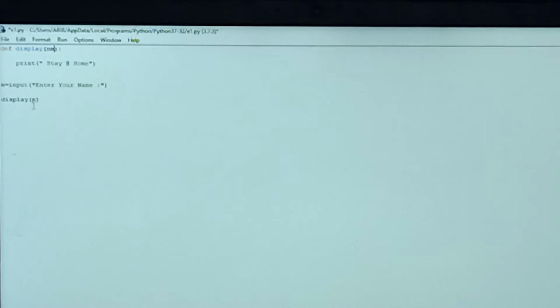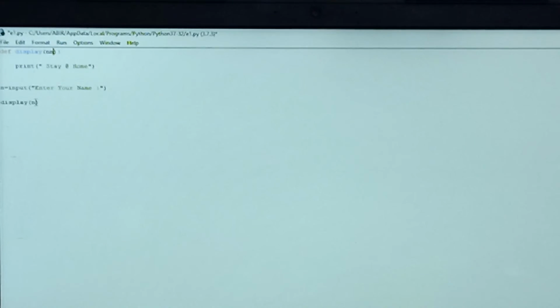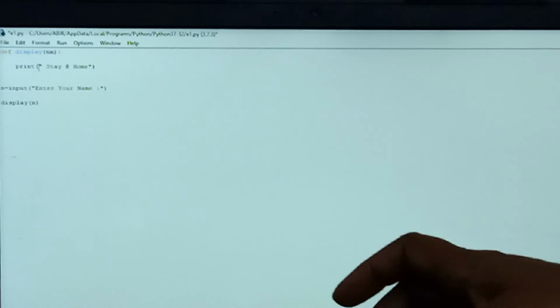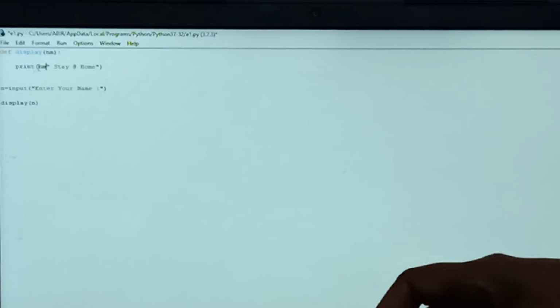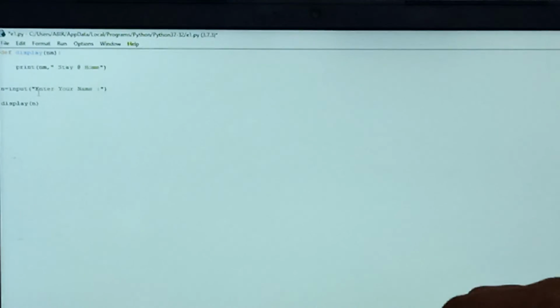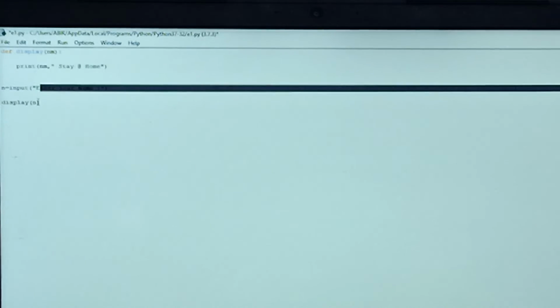Okay, so now when the display is called, suppose I enter my name Chaiti, so it gets stored here, and this Chaiti I am passing. When the function is called, whatever is stored here, suppose Chaiti, it will be copied in this nm variable. Okay, so now what I want to print is, in the print statement I will make a change here. I'll just write nm, the name of the variable, then I add stay at home. So what happens when the function is called, whatever you have entered from the keyboard gets stored in n. That value of n you are passing as